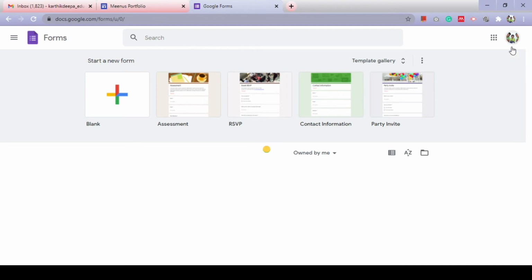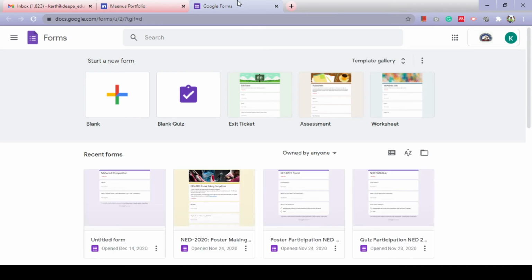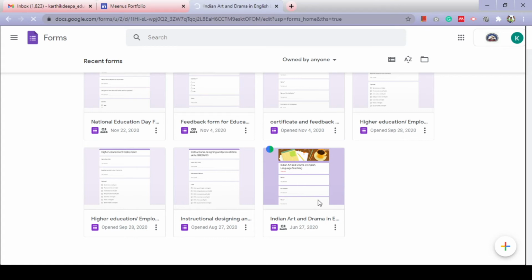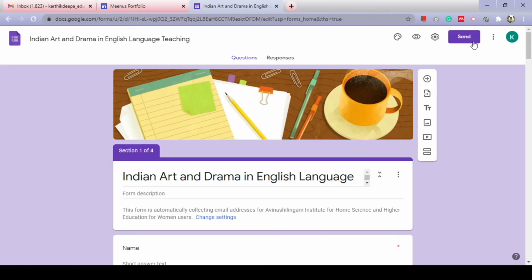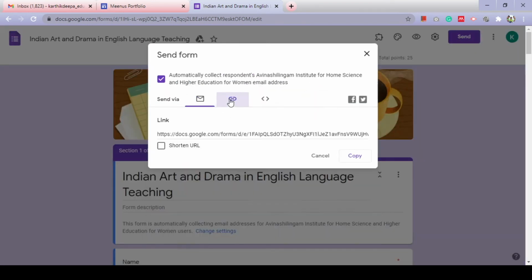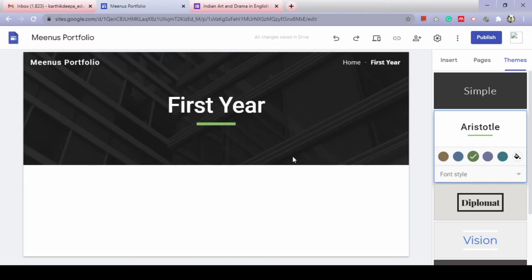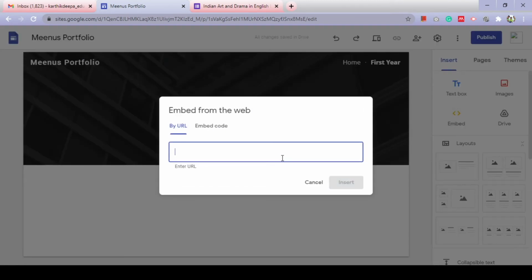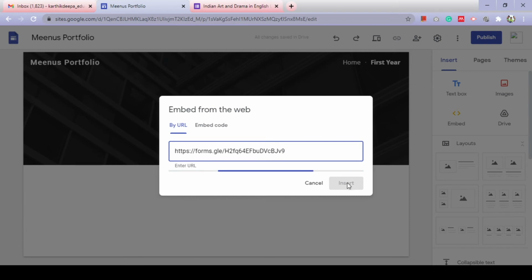Just don't forget that you have to use your official mail ID, or the mail ID which you are going to share with your instructor, so that the teacher will be able to access all the documents you have. Okay, so just get the link of the Google Form you created, copy that, and insert it. There is an option, embedded link, URL, just post the URL.